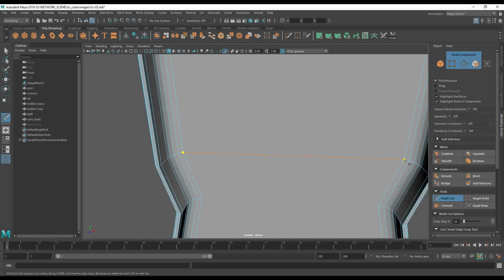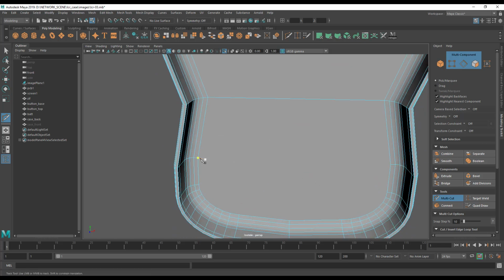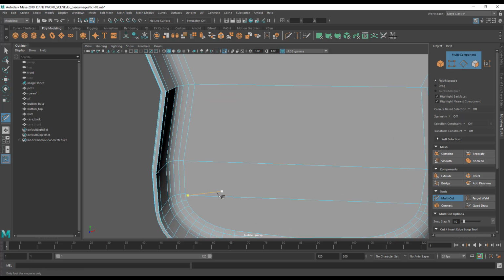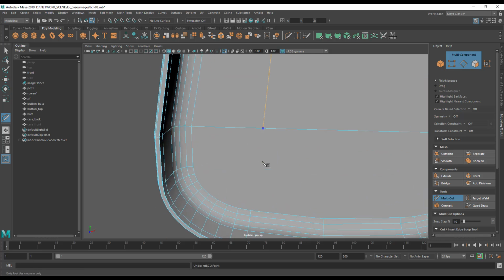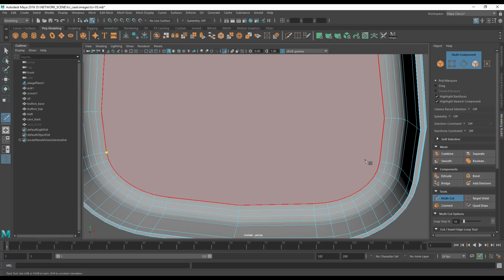So I'm going to cut across to here, hit return, cut across to here and hit return. I am going to cut across to here and hit return, and each one of these would need to be done individually. Now this I would most certainly do if I was working on this for a feature project or something. In fact, that one was a little wonky,